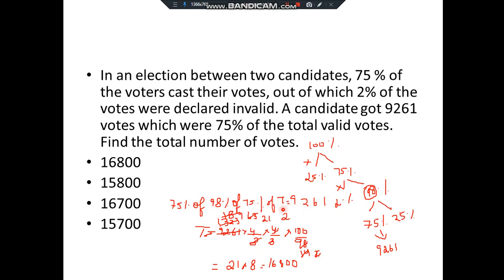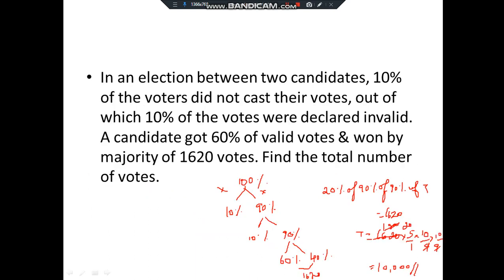So keeping t alone on the left hand side and taking others to the right hand side, if you can simplify as much as possible, do that. See, 75% means 75 by 100. We know it is 3 by 4. So taking 3 by 4 to the right hand side, it will become 4 by 3, right? Again, one more 4 by 3, and 98% means you can write it as 100 by 98. On simplification, you get 16800. Hope you understood. We'll see one more question, so you'll get to know it very easily.